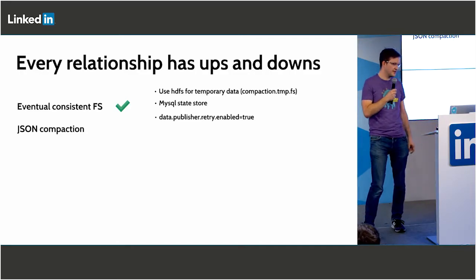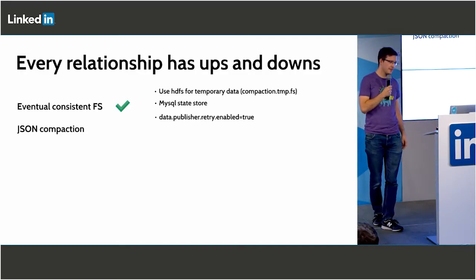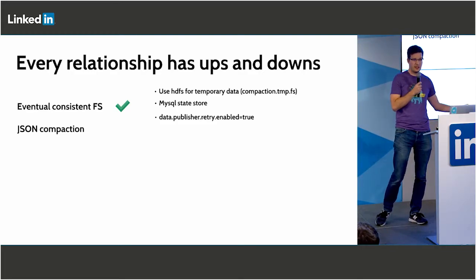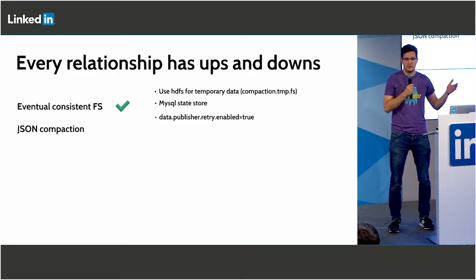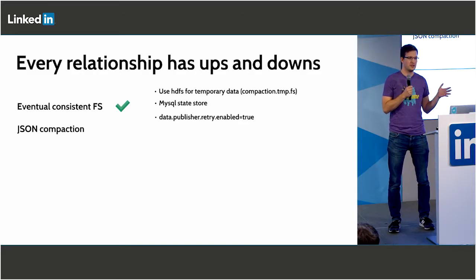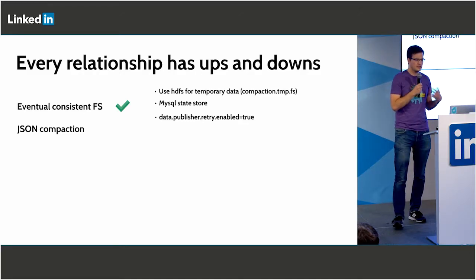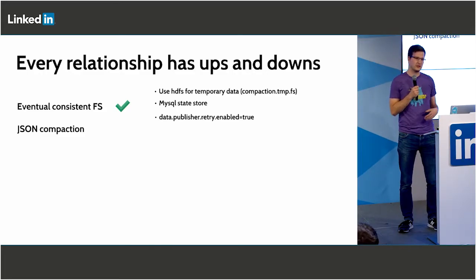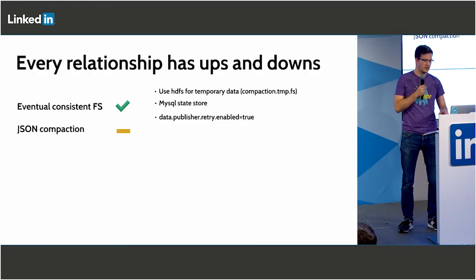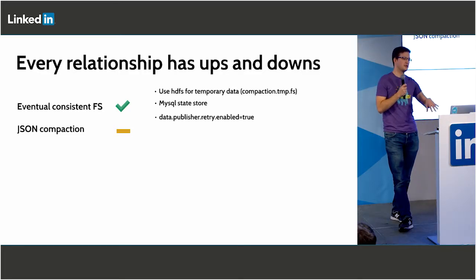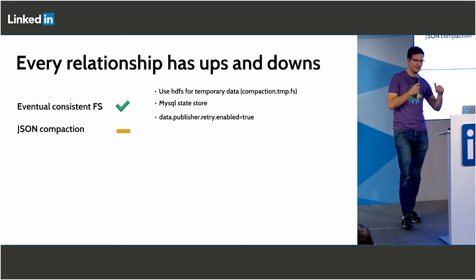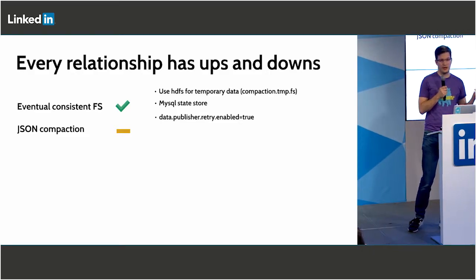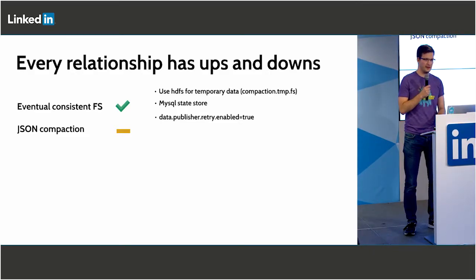Another issue was that at that time we used JSON data, and we needed JSON compaction. Goblin really supports Avro, but for JSON there is only some kind of limited support. So we needed to implement JSON compaction and partitioning based on a JSON timestamp. Actually, it's pending. We have this implementation. You will see why we have not contributed it back yet. But if anybody is interested, it's on our fork, and we really plan to contribute it back if the community sees the value in it.